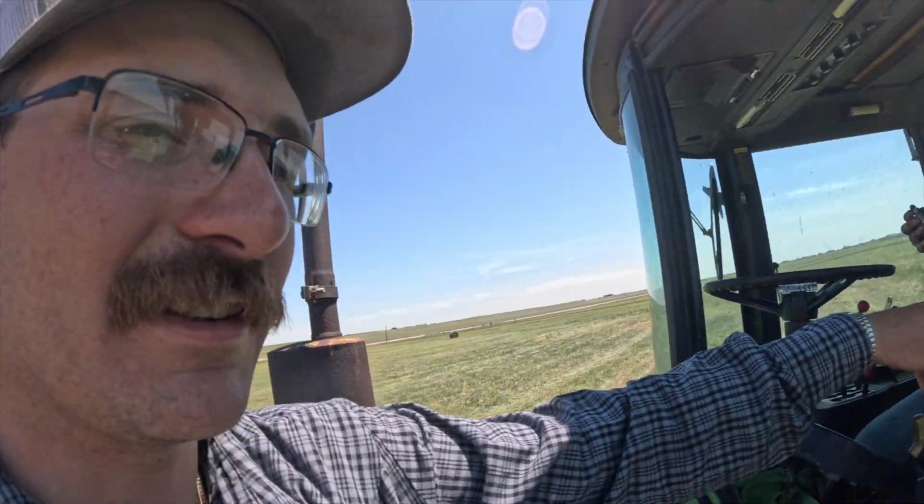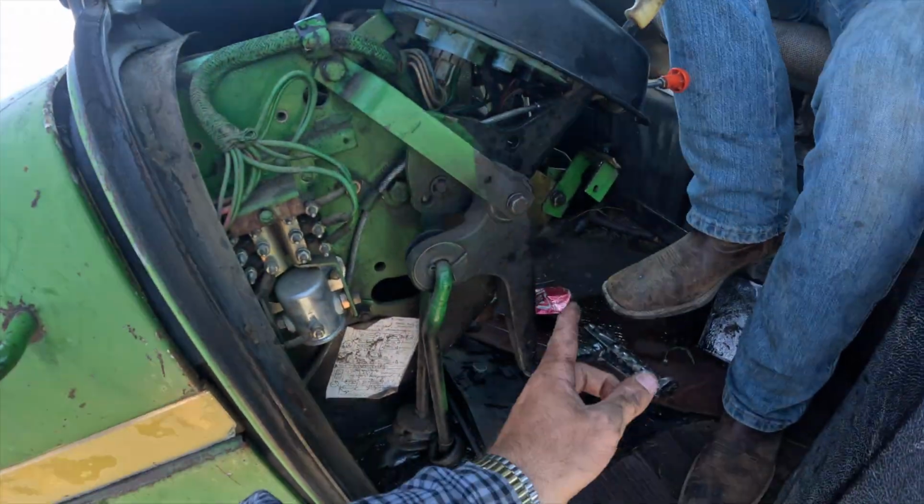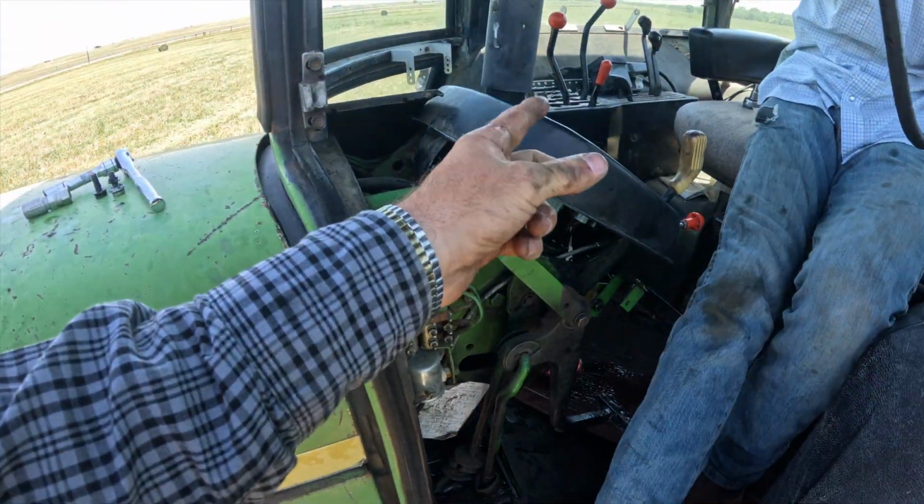So we got it, which is nice that it's just a little tiny, it's probably like 18 inches long, so we actually got pretty lucky. But it just shoots right through the firewall and then goes down under and goes straight up, hooks into the fitting for the steering. So it should be pretty easy to replace. But I think we're gonna go home, eat lunch, then we might bring another tractor down to try to